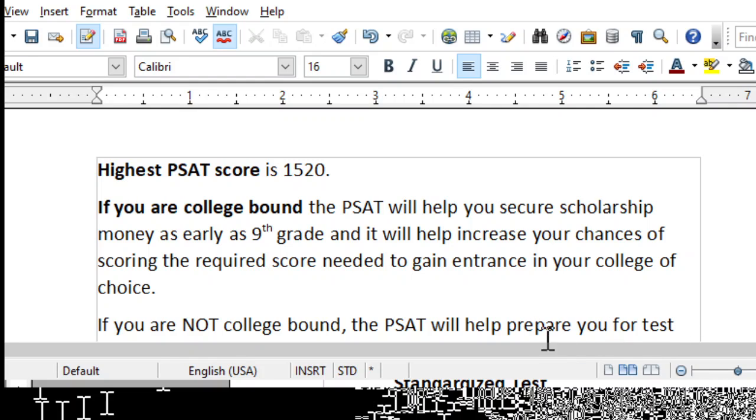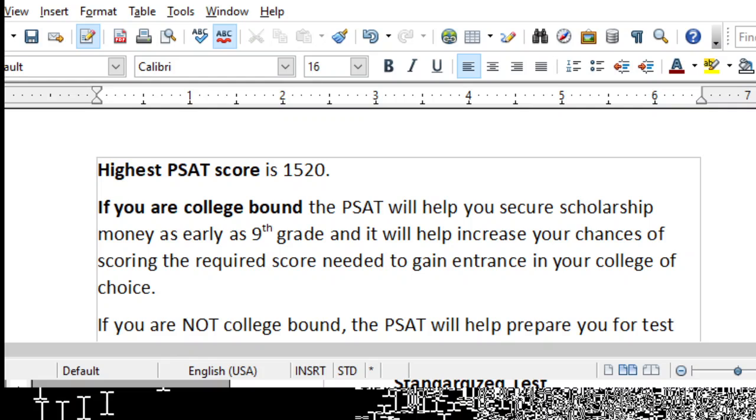And I would suggest that if you know you are going to college and you know what college you want to attend, you need to see what you need to score on the SAT now. What SAT score do you need now to get into the college of your choice? Find that information out now so you have a goal to work toward when you take the SAT in the fall or when you take the SAT in the spring as a junior.